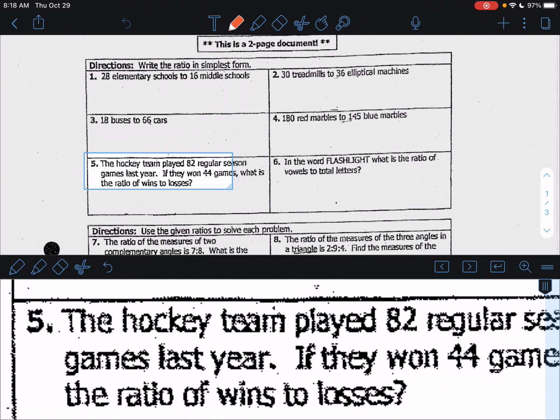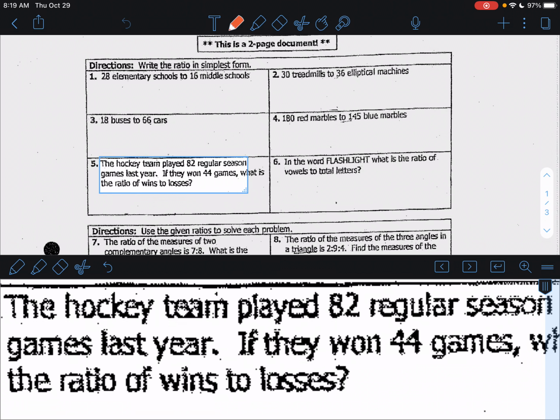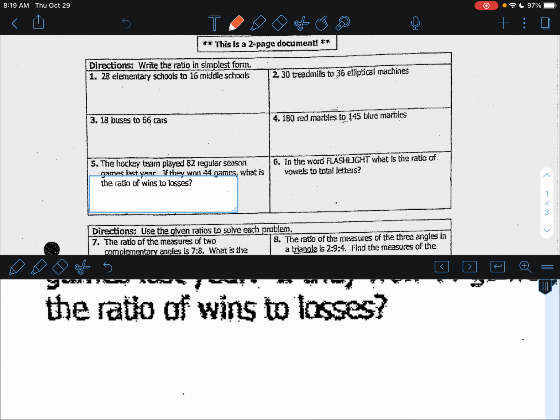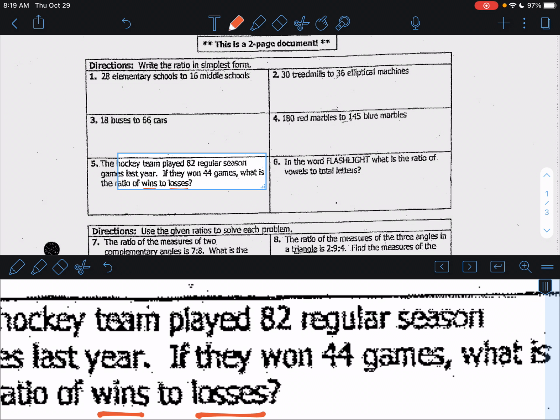And looking at number 5 here, it says the hockey team played 82 regular season games last year. If they won 44 games, what is the ratio of wins to losses? It doesn't tell me the number of losses, but it tells me the number of games they played, and it tells me the number of games they won. I'm going to assume that there weren't any games that they tied,